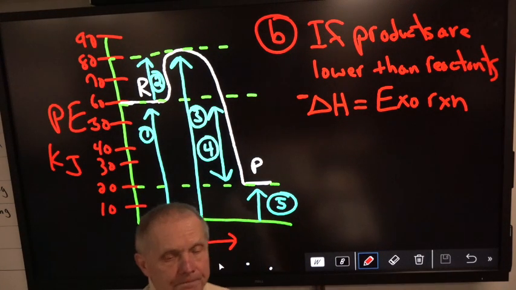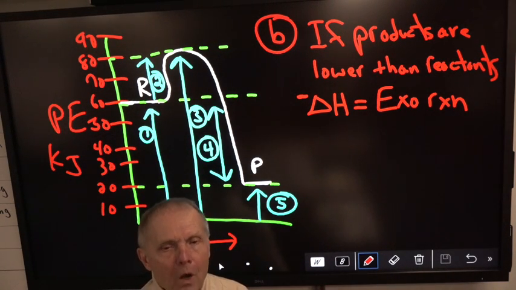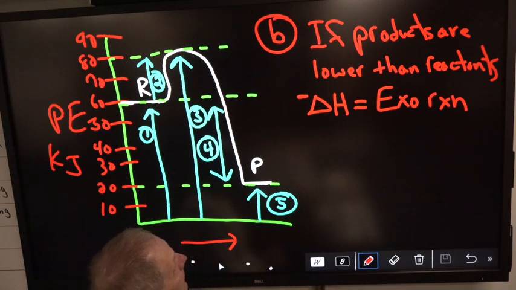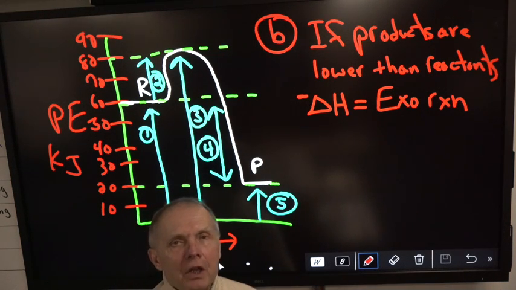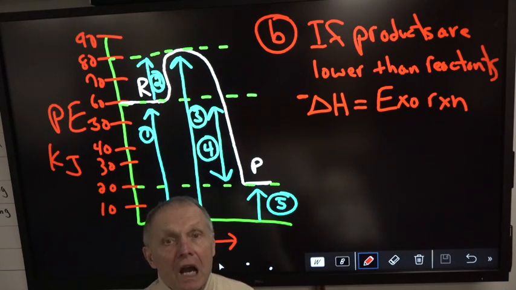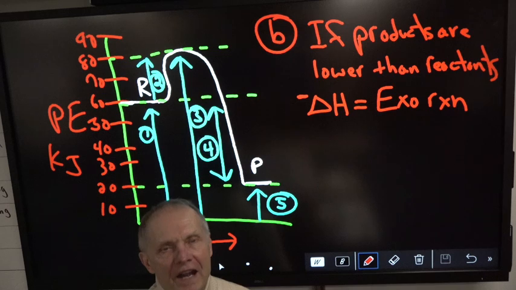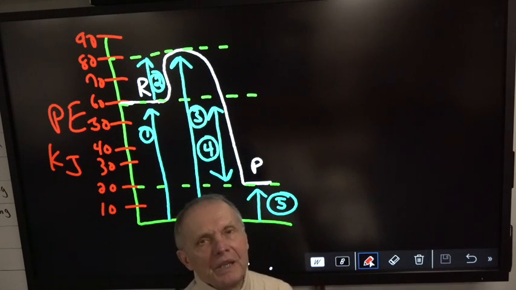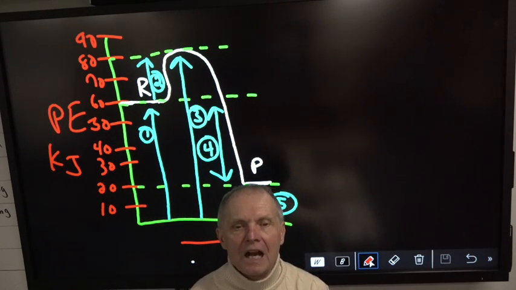Okay, now, what we have to do now is this. We are going to go into factors that affect the rate of reaction. How can you make the reaction go faster? Well, here's how I explain it to my kids. I tell the kids,